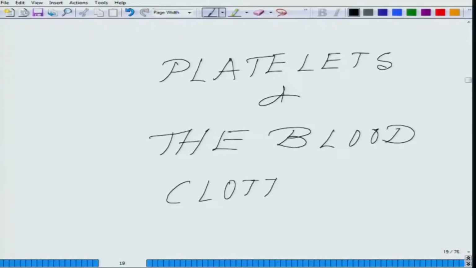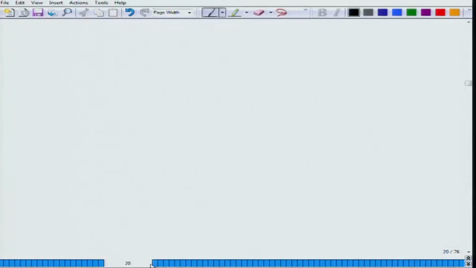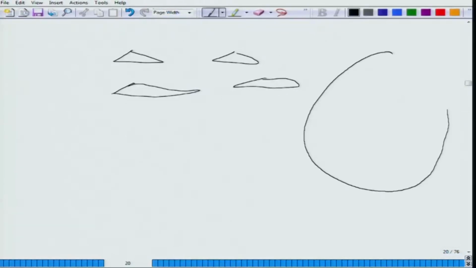Okay. So, in this section, basically what we are trying today. I told you that if you look at the platelet, they look like this, something like these kind of shapes. They do not have any nucleus. So, essentially how they are formed is that there are huge cells, and these huge cells, especially what you see is